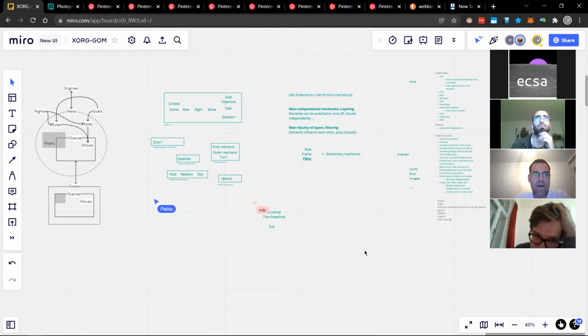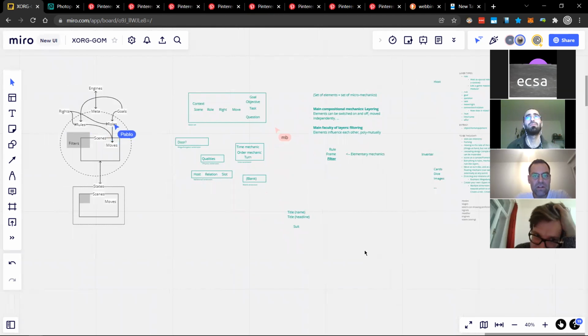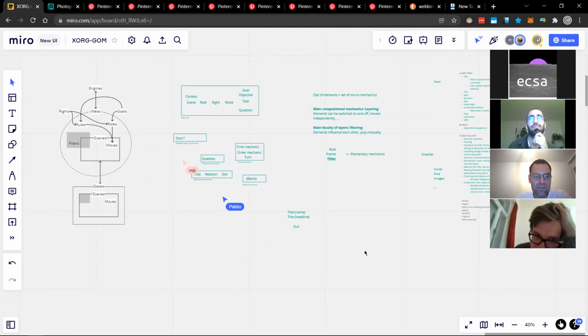Before Pablo starts us off, if we just look here at what I've been boxing together, these could be product boxes. You have the base set, then the mega dungeon extension, which contains the element of the door. You have the physics extension, as I clumsily call it, which includes the element of qualities.